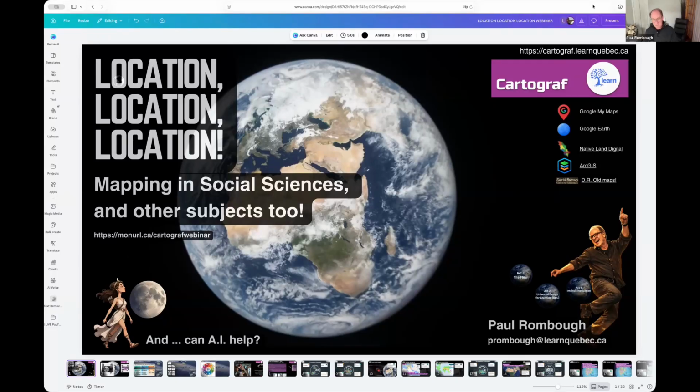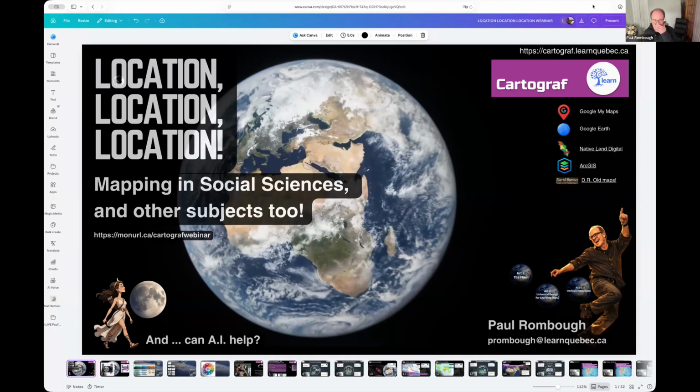So here is my monster slide. I just want to introduce the workshop first of all. I'm calling it location, location, location, as a reference to where is the best place to put a restaurant type thing. It's just a matter of location, but it's also because, as I go through it, you'll find that it's finding the exact location that's really interesting and that makes working with mapping tools fun for students